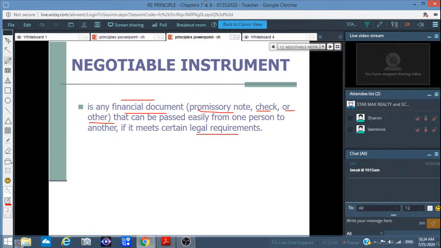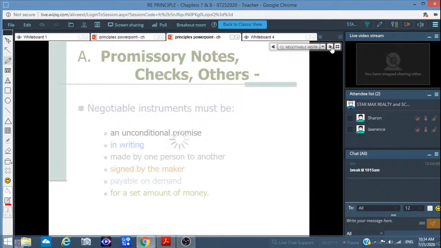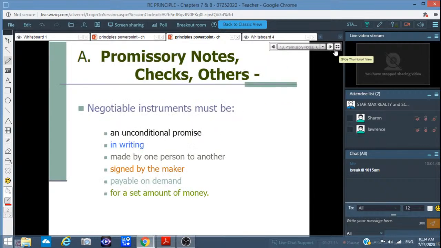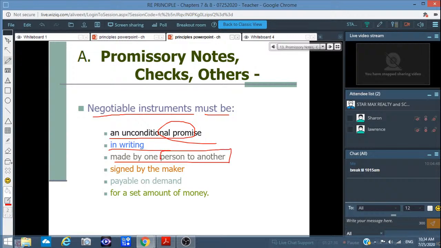它有条件在里面，有合法的条件。So a negotiable instrument must be what? An unconditional promise, right? 你上面写多少钱就是多少钱了。And it's in writing, 有写出来的, made by one person to another, 一方给另外一方, signed by the maker, 操作人有签字的, payable on demand, 他什么时候来要钱都可以的, for a set amount of money, 有个额度。所以一个支票里面全部符合这个东西了。